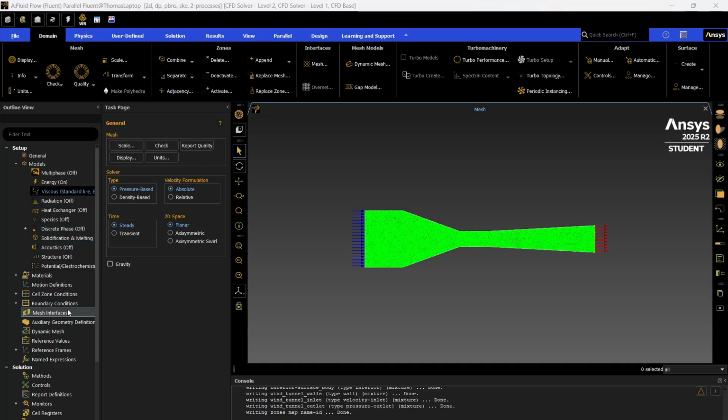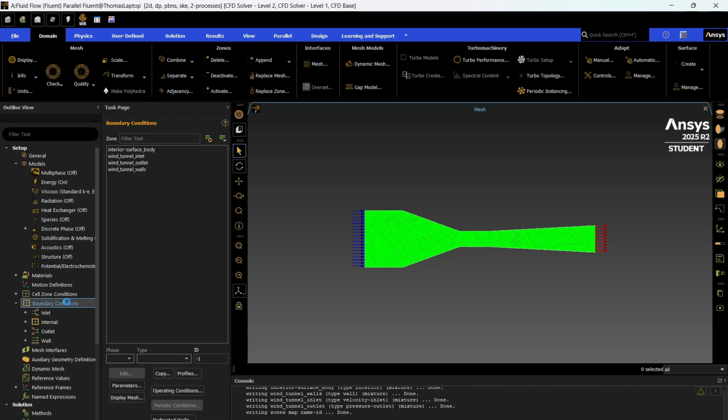Next thing we have to do is go to boundary conditions. Taking a second. Try this one more time. Open that up. Okay, perfect. So now you can see it's our saved ones from earlier. And we're going to go into the wind tunnel